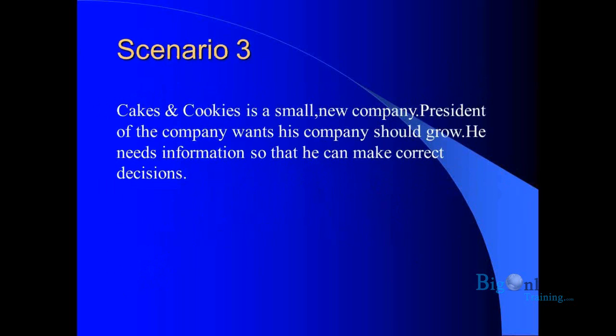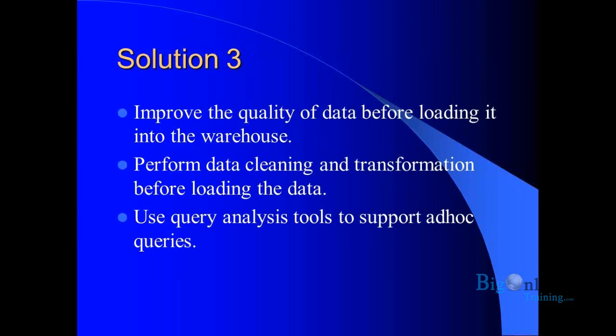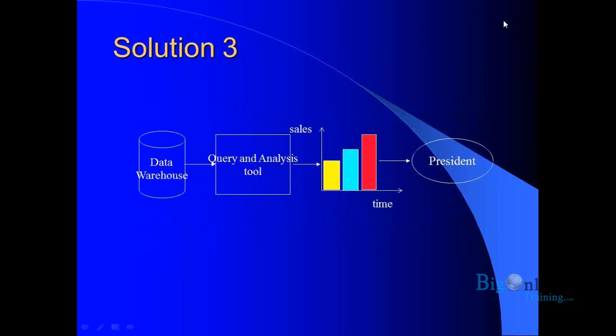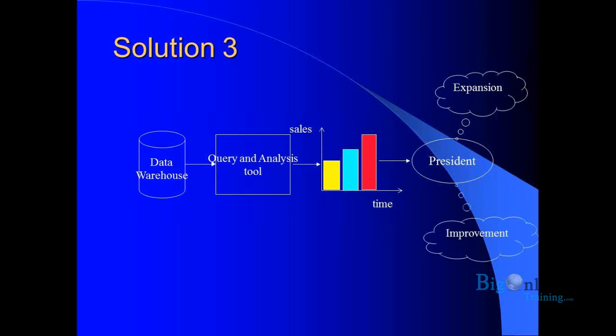There are 3 scenarios. One shows how to merge heterogeneous systems. The second one shows why we need a data warehouse even if you don't have heterogeneous systems. And the third one shows what we do with analysis data, which will help you take the decision whether you need to go for expansion or for an improvement in the business based on the analysis of the data. With all these scenarios,